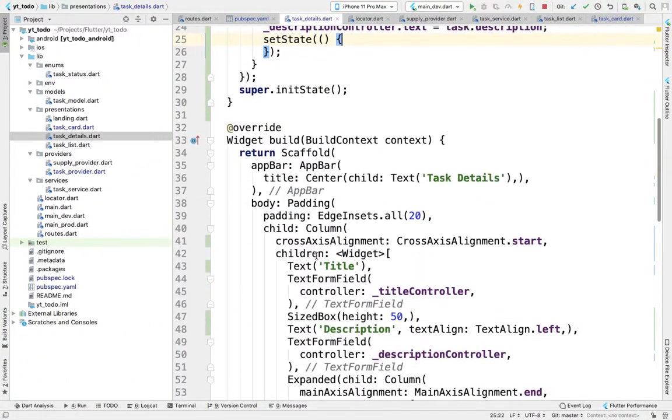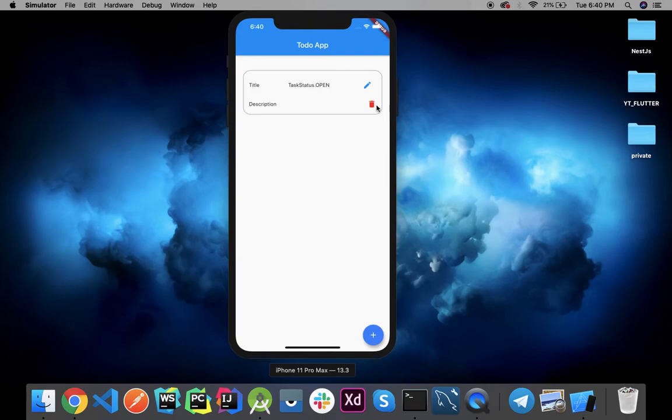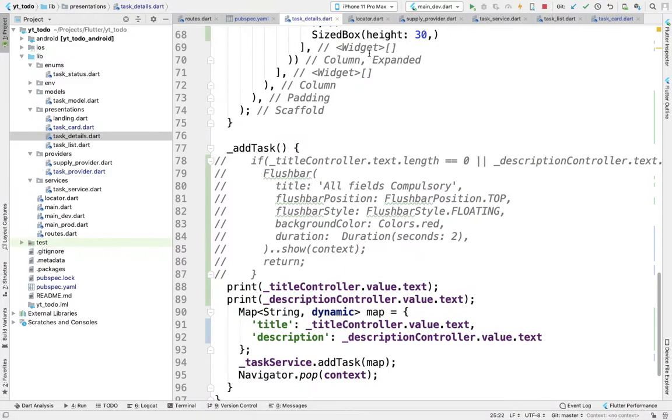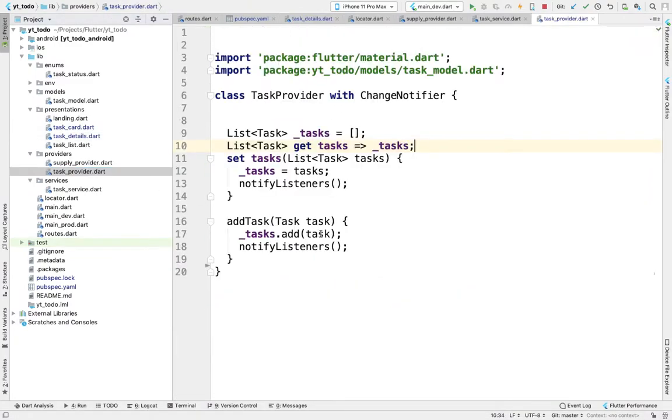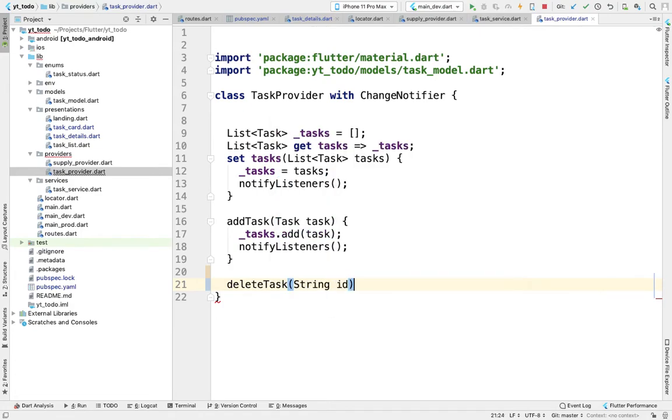Now what we have to do is make a delete method in the provider for deleting our task. So let's go to the task provider, and here I will make a delete task method, and it will take the ID of the task.